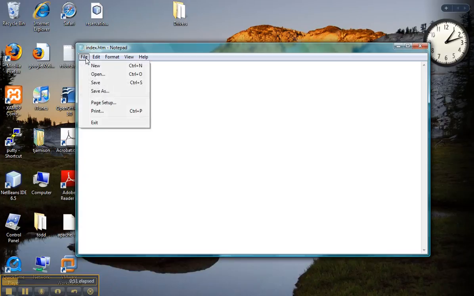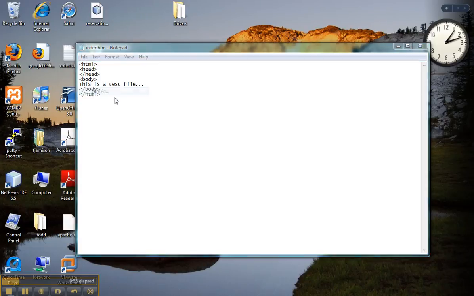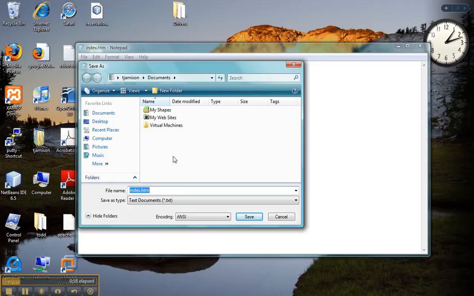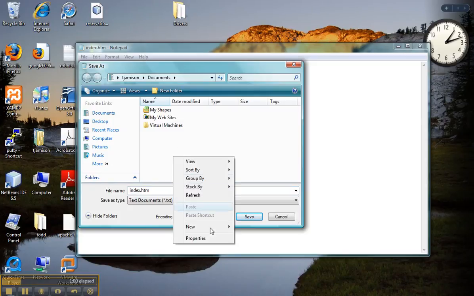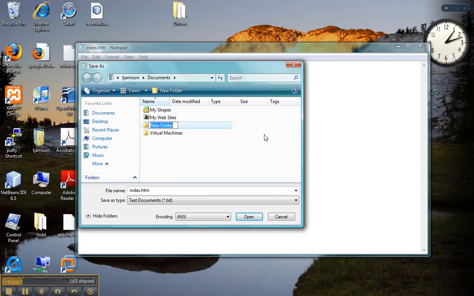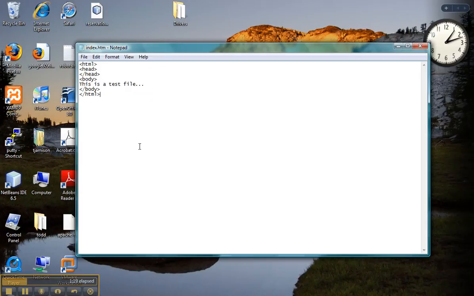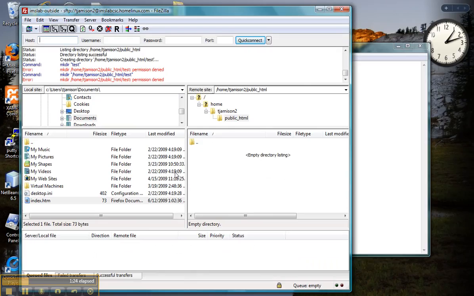Okay, now once you've done that, if this is in Notepad, click File, Save As, and create a new directory. I'm going to call it a new folder called, I don't know, let's call it test site. And in there I'm going to save this as index.htm, save it as type all files, click save. Okay, now that you have your file created and saved, what we're going to do next is open up